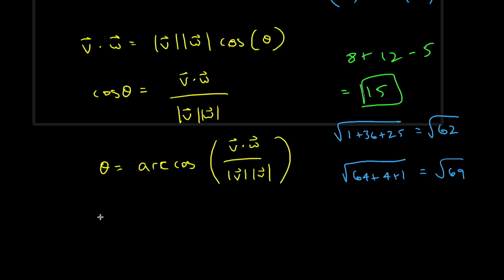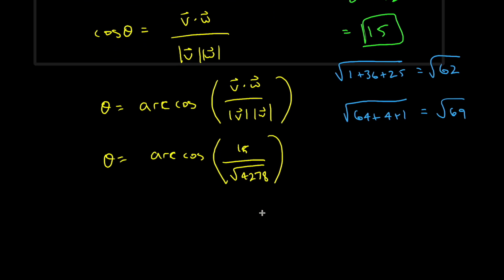So here we can simplify this to be theta is equal to arc cosine 15 over, I believe this is square root of 4278. And we can plug this into a calculator to